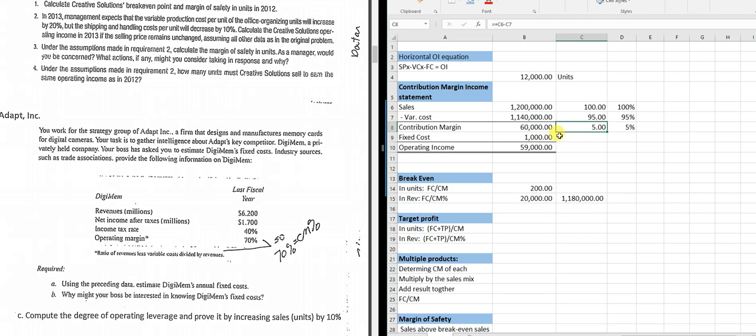So if you think about it, 1,000 divided by 5, I have 200 units that I have to sell to break even. Okay? However, if you think about this, if my variable costs are low, so I can make a lot of profit on it, but my fixed costs are high, I now have to sell 1,200 units because I have to sell a lot of units to cover those high